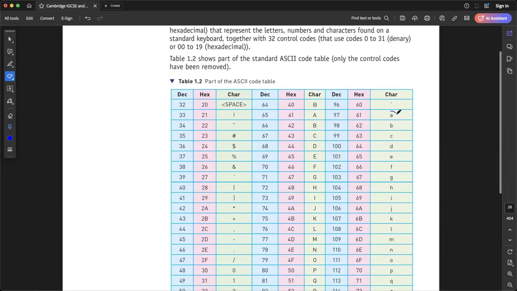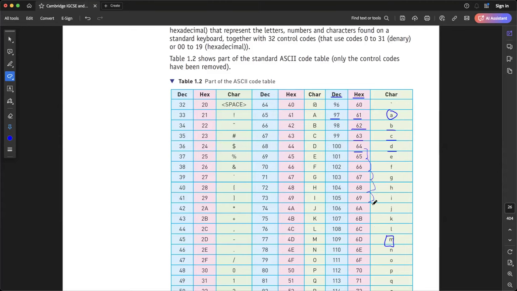So you see a small a. In ASCII, we have 2 categories, hexa and denary. A is represented as 61 in hexa and 97 in denary. Similarly, B is represented as 62 in hexa. C is represented as 63. D is represented as 64. Okay, tell me, M is represented as